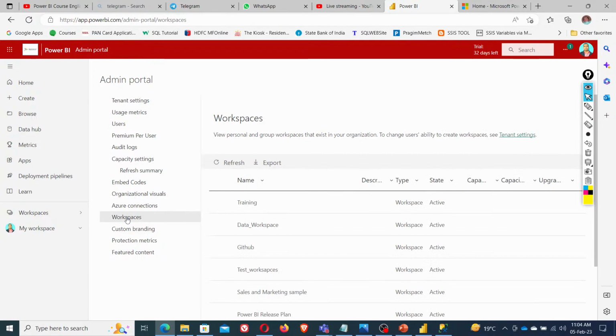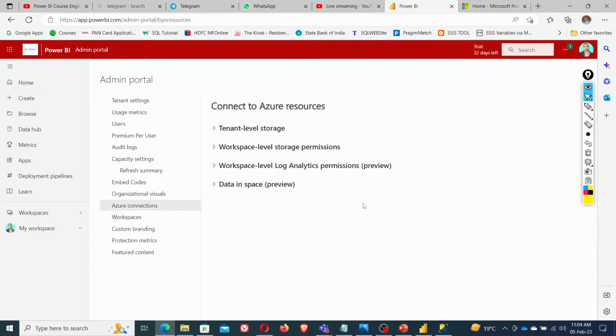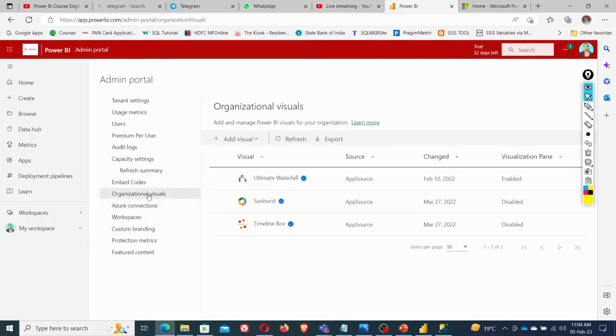Talk about the workspaces. What all workspaces we have, you can see that. Azure connection, a few organizations have the Azure connection, they can directly build from there. Visual organization, I wanted to certify a few of my visuals so that I can do that. How? Go to the visual tab,